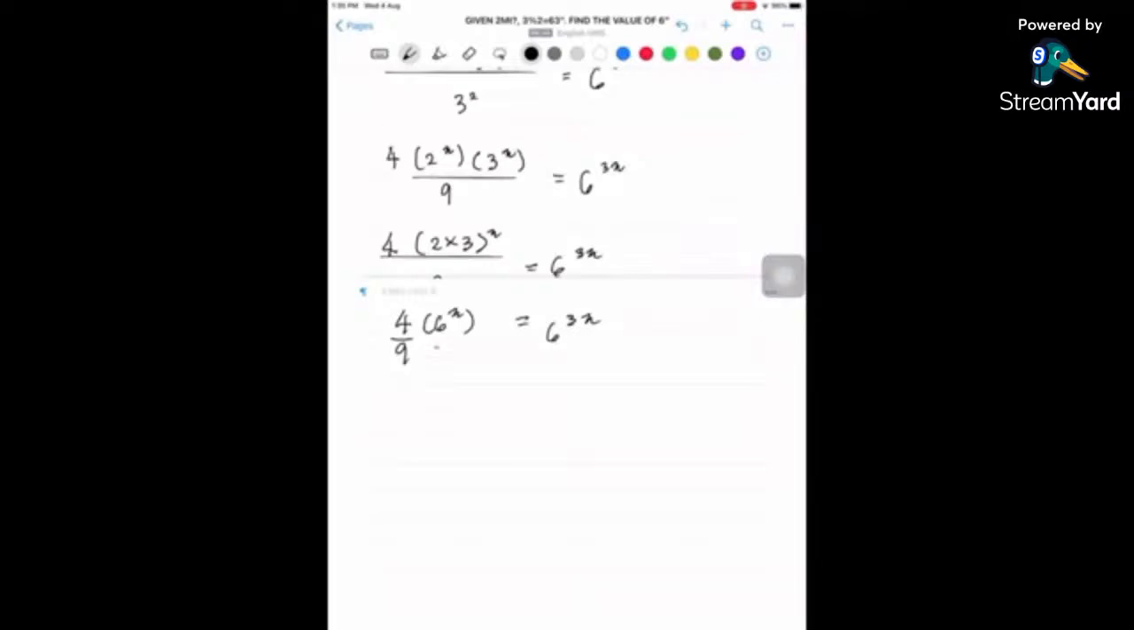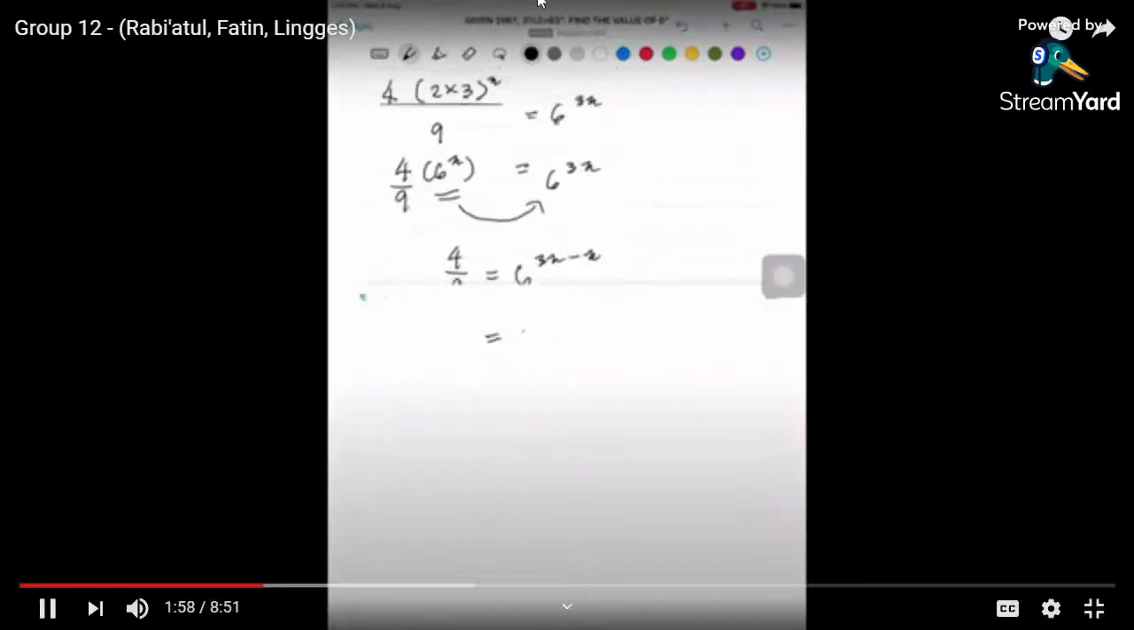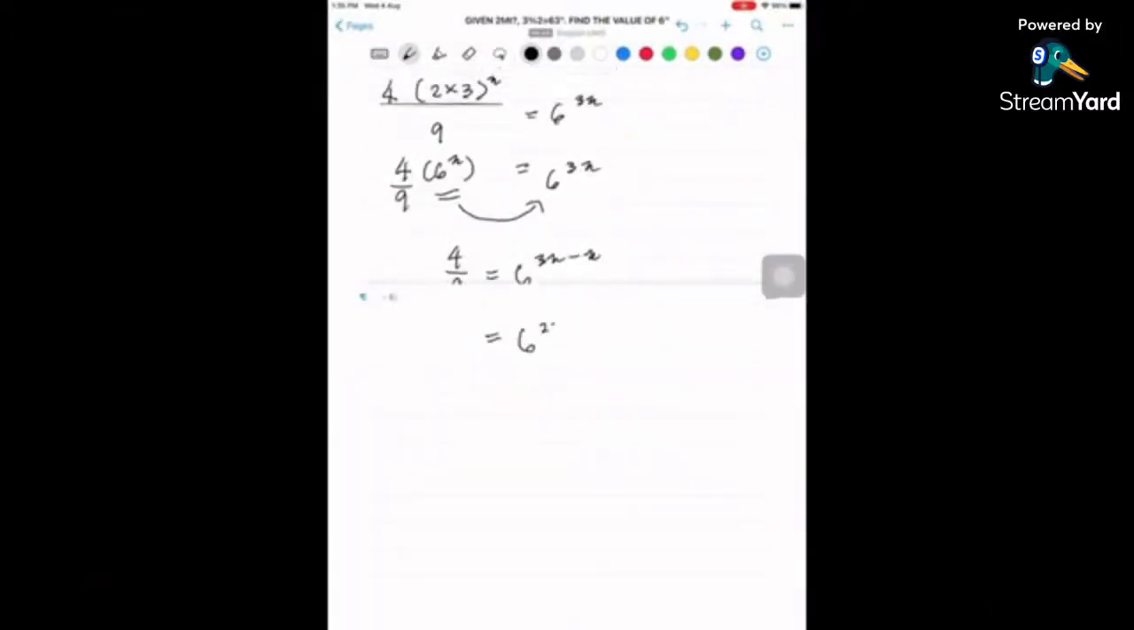And we bring 6 to the power of x to the other side. So it will be 4 over 9 equals 6 to the power of 3x minus x. So it will be 6 to the power of 2x, because 3x minus